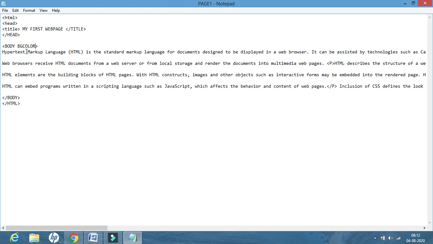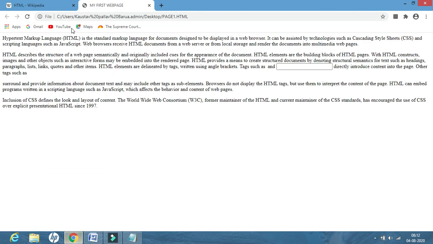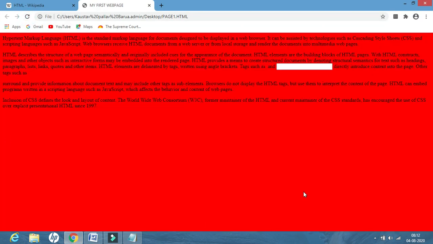Remember, the spelling of color is C-O-L-O-R. It's not C-O-L-O-U-R. I'll give equal, and I will write down the name of any color but inside double inverted commas. Done. We will click on File, Save, and refresh. See, the color is changed.